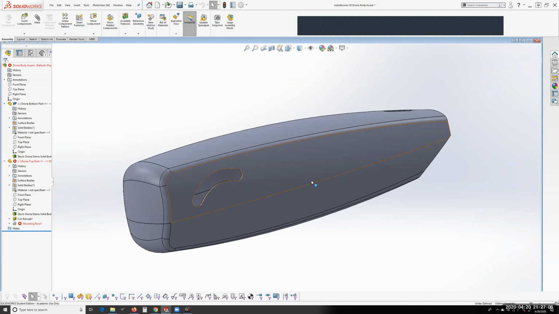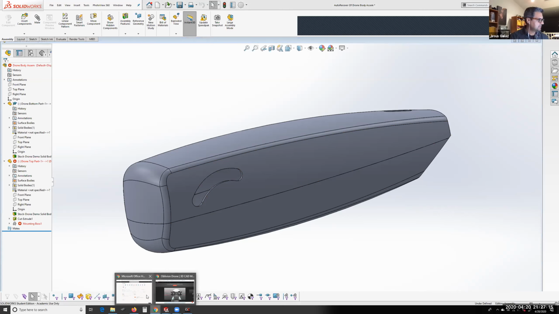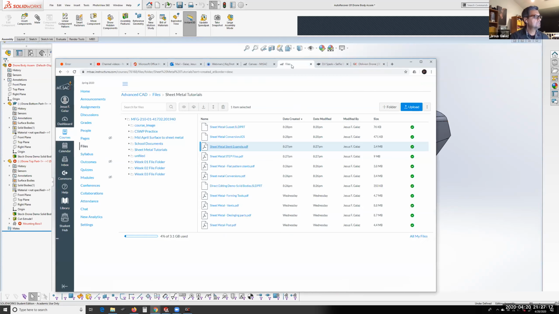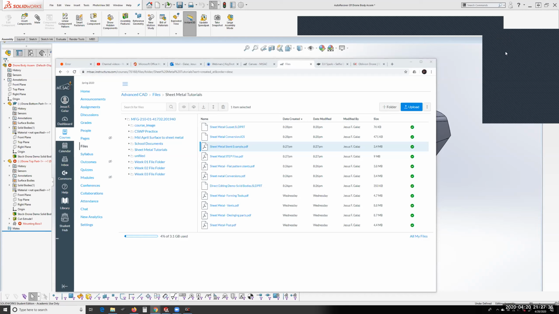I was curious if my SolidWorks file worked, the one I uploaded. Let's see. I have to look for it here. Okay. Now, which one? This one is for the sheet metal? Yeah, the sheet metal. It was the sheet shields that you asked for. Yeah, that's right. I think you put it in sheet metal, which was kind of weird. Let me stop